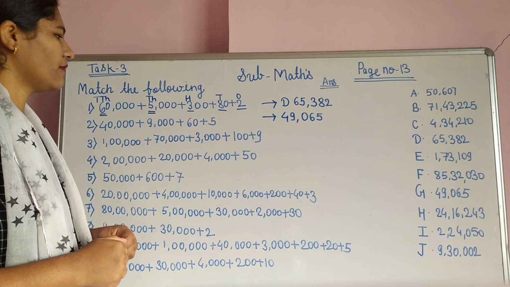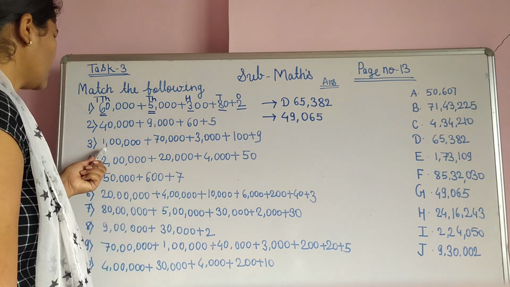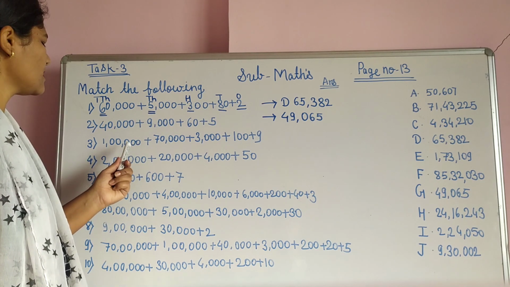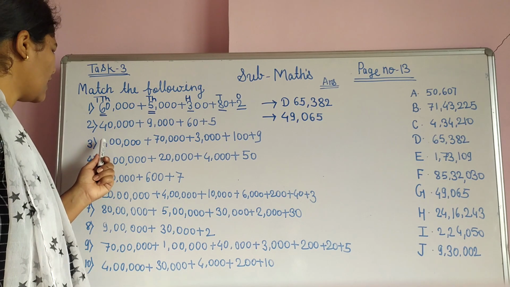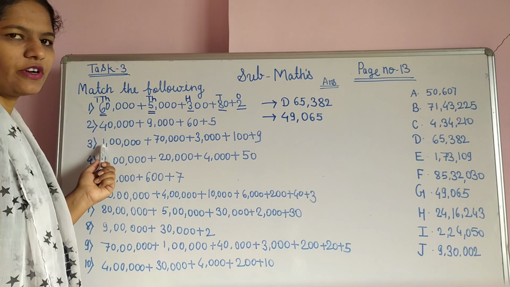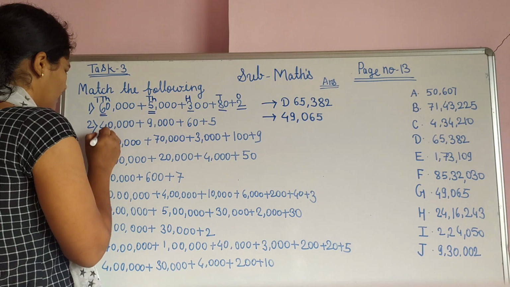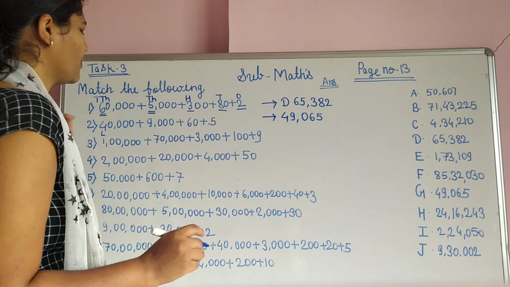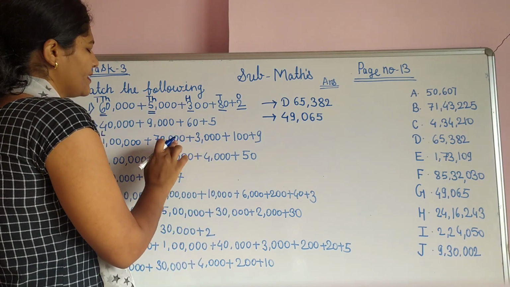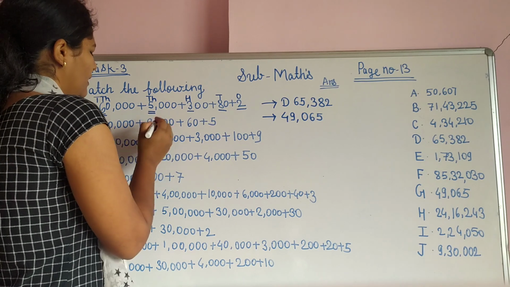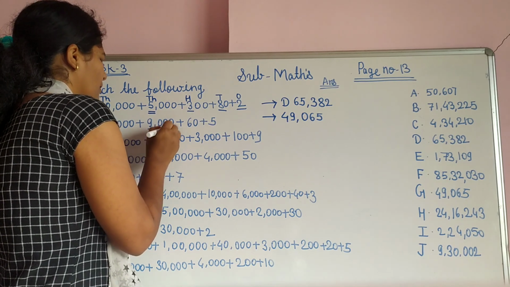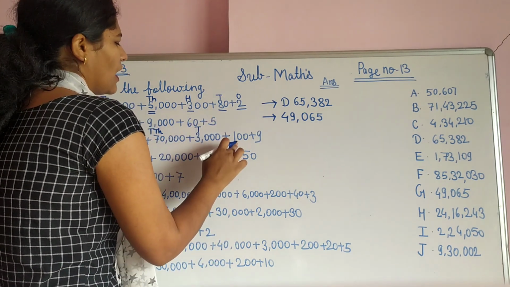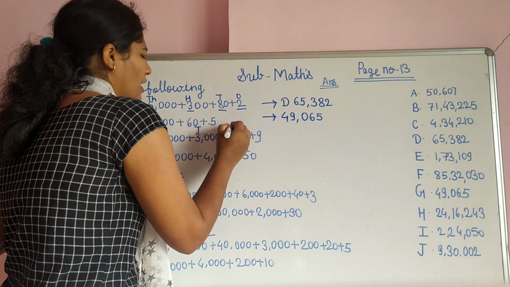Okay. Now we see our next question. Next question, what is there? 1 is on which place? We will check it. Ones, tens, 100, 1,000, 10,000 and lakh. So we want 1 on the lakh place. Upside we write lakh place. Now 70, it is on which place? It is on the 10,000 place. We check it. Ones, tens, 100, 1,000 and 10,000. So write here 10,000. Next 3 is on the 1,000 place. So write here 1,000. 100 is on the 100 place.